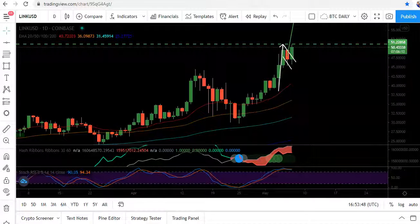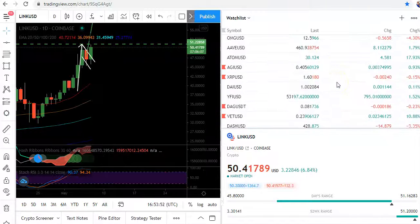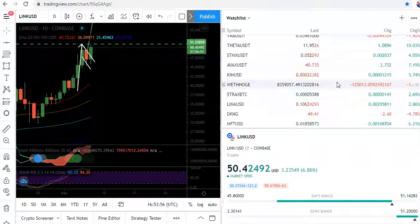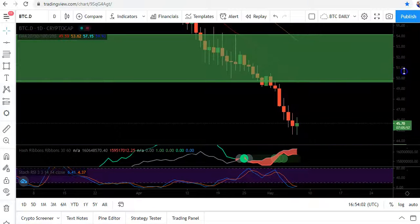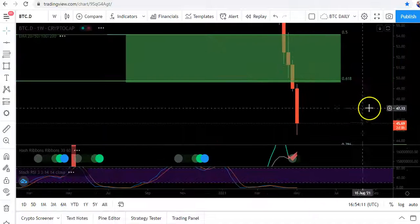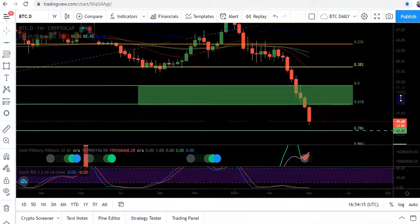Another thing I wanted to show you guys was Bitcoin dominance. If I can find it here. Okay, so this is Bitcoin dominance, guys. It's been going down and down and down for a long time. And normally I look at this chart on the weekly. Where's, can I find that here? So if we look at the weekly Bitcoin dominance,